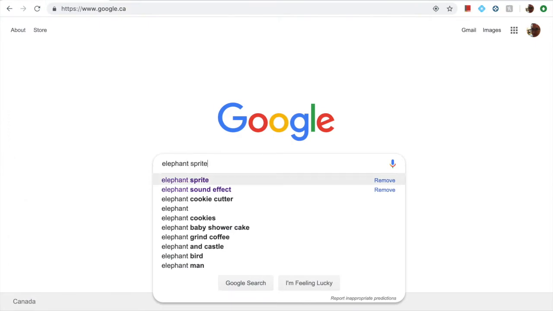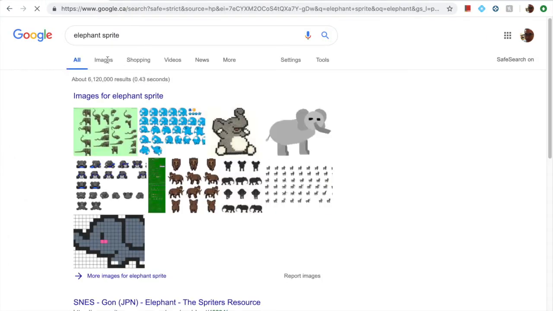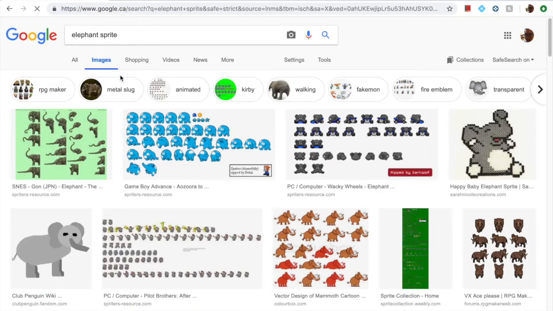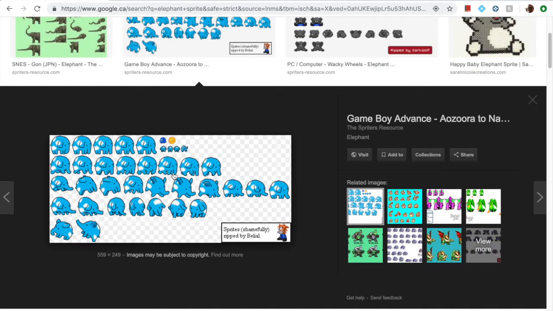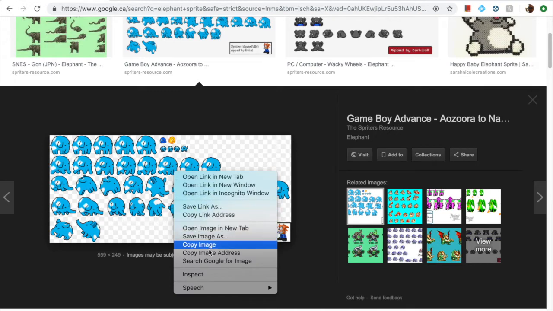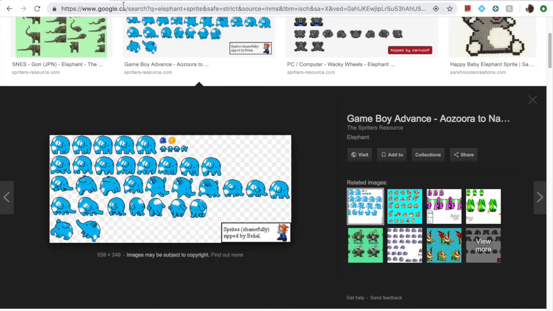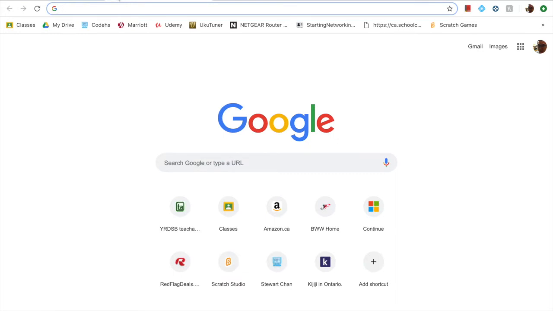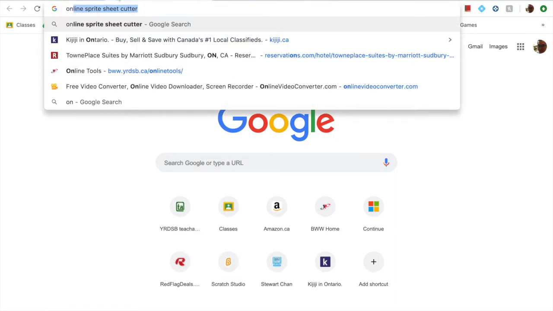Okay, so in this tutorial, I'd like to show you how you might animate your images. So I'm going to go online and look for an elephant sprite image, which will be a set of images showing the elephant in different poses. So this one looks pretty good. It's got a bunch of different elephant poses. I'm going to save that address, so copy the image address,